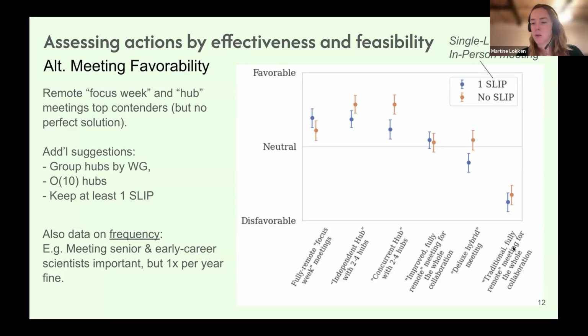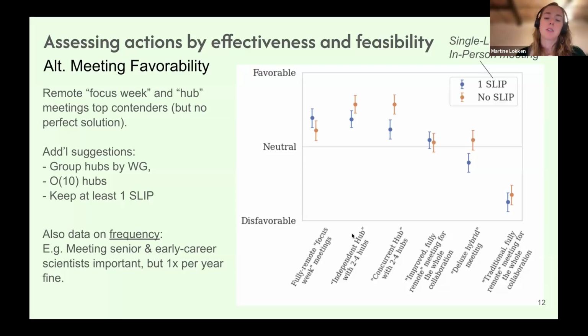And what we saw in general is people are really not in favor of the fully remote, all collaboration-wide meetings. I think people had some of those during COVID. Not many people really liked them, and they find it's just too many people on Zoom at once. It's kind of hard to focus, it's fatiguing, etc.